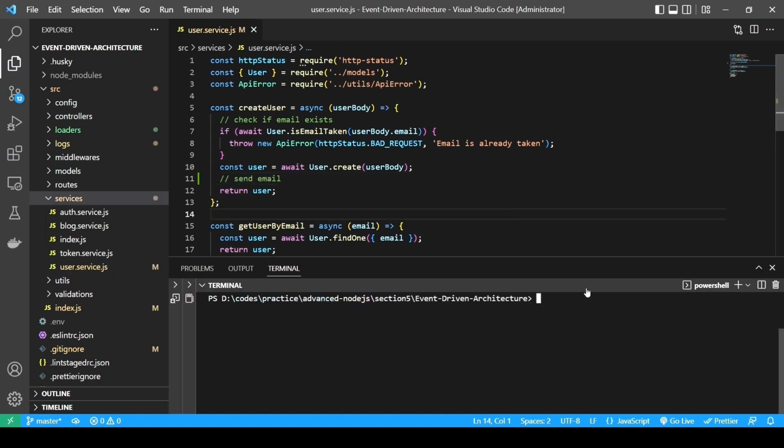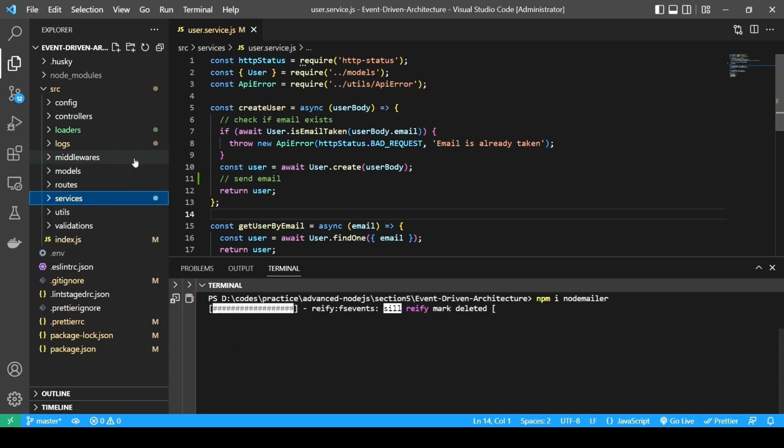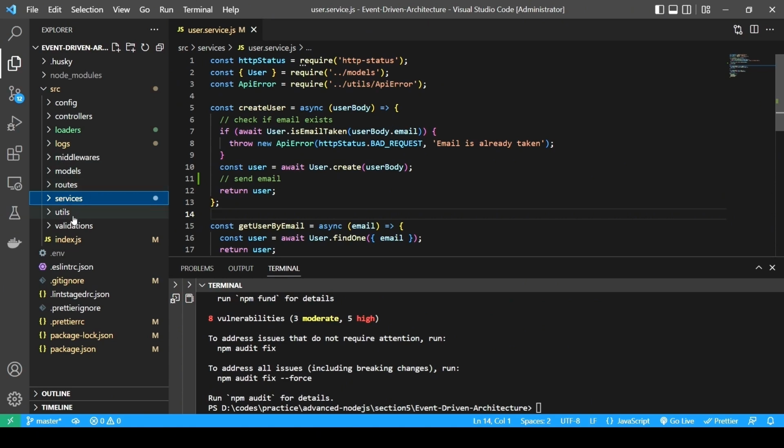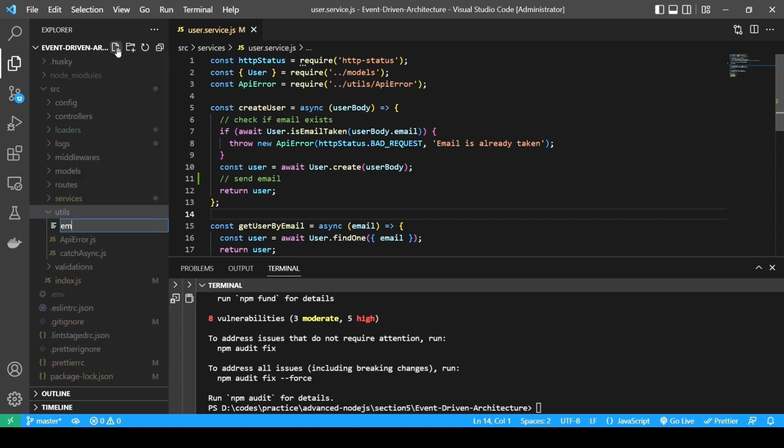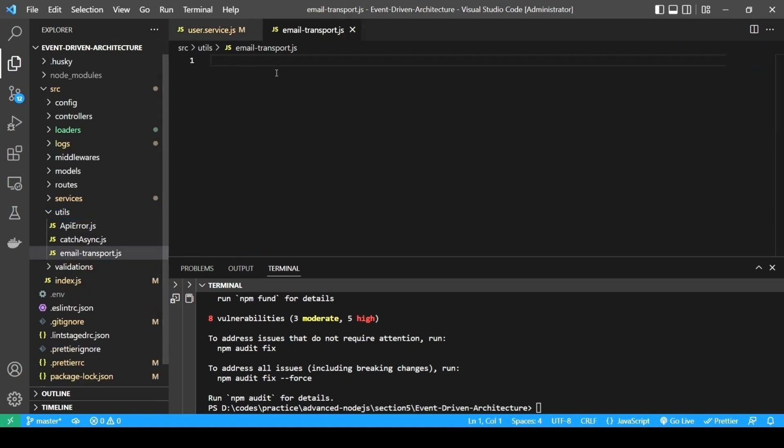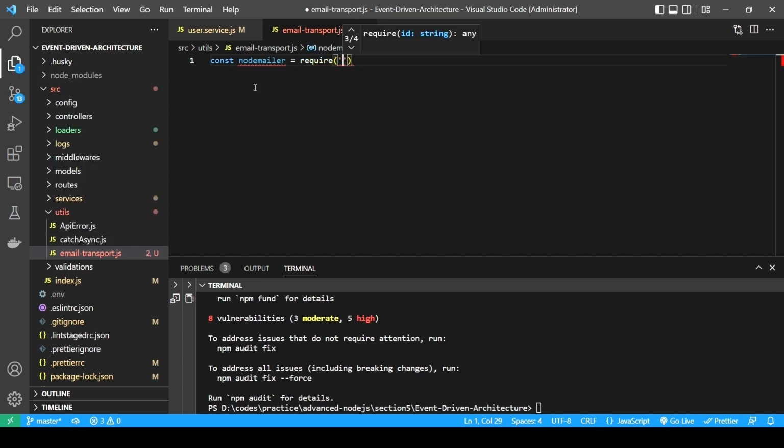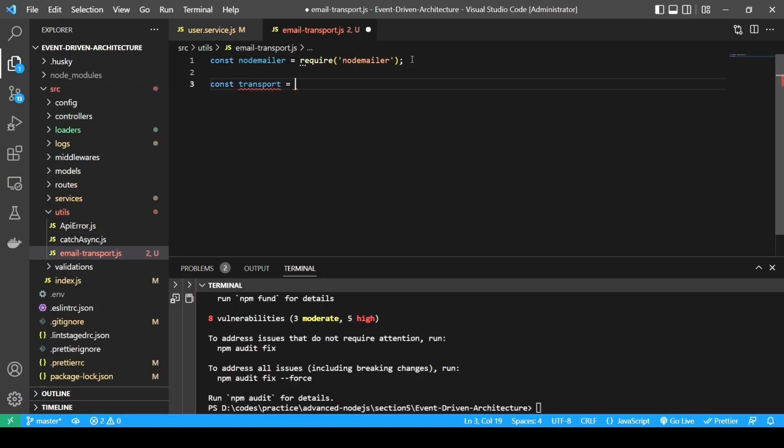I'm going to use a package called Nodemailer for sending the email. In the meantime, inside the utils directory, let's create an emailTransport.js file, which is responsible for creating a transporter for the email. Now I'm going to import Nodemailer. Let's create a transport and assign it to